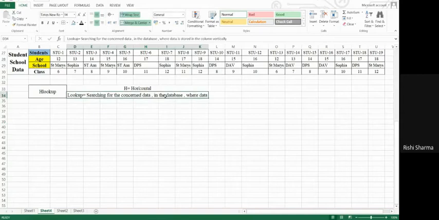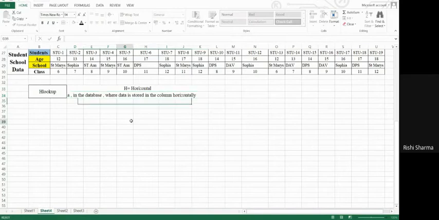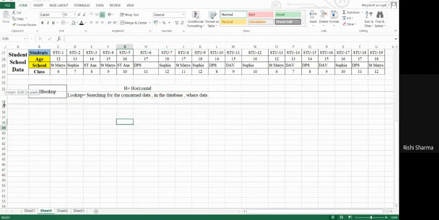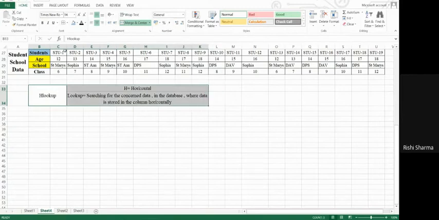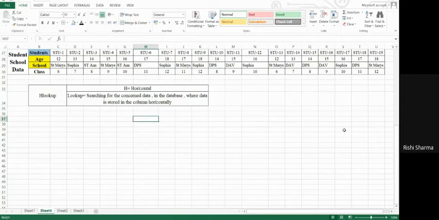And lookup means searching for concerned data where data is stored horizontally. I hope this is clear, guys.